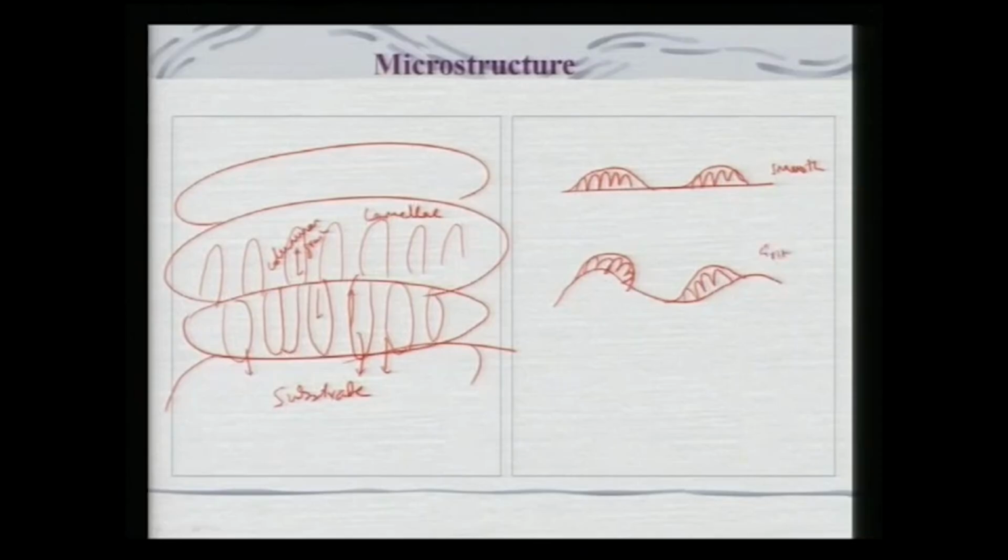So we have a grit blasted surface, and consequent splats will start coming onto the existing surface. If this is the existing surface, I will get the next splat probably like this, third splat probably like this, next splat probably like this, and in this case also I will get a splat like this. Again, this surface now becomes rougher, though it was initially polished, and I will get consequent development of splats like that. So it depends on the roughness or smoothness of the